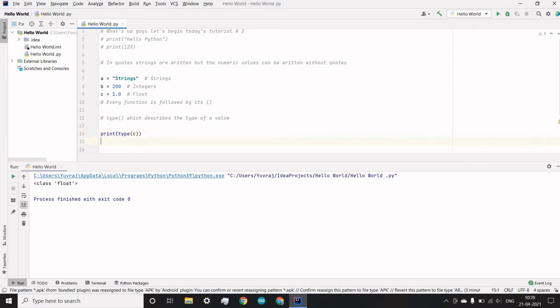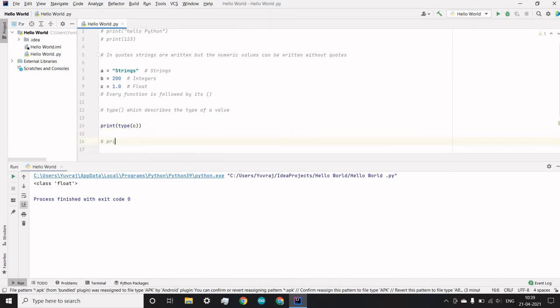Till now, what we have learned? We have learned the print function and the type function. So now let's